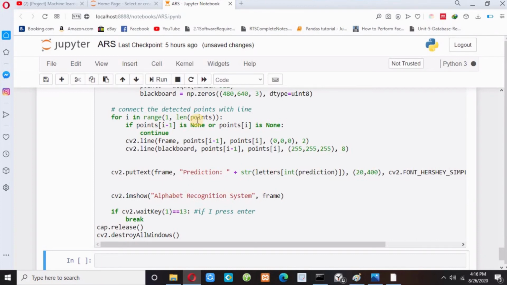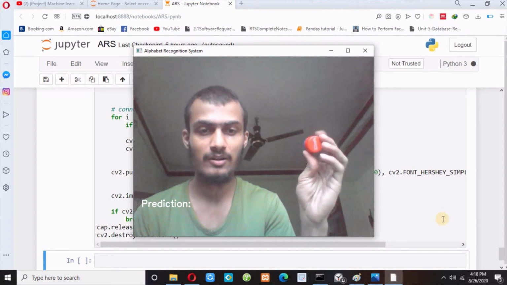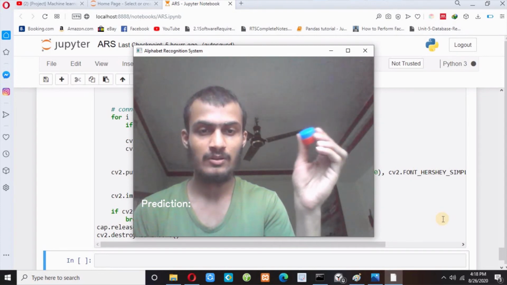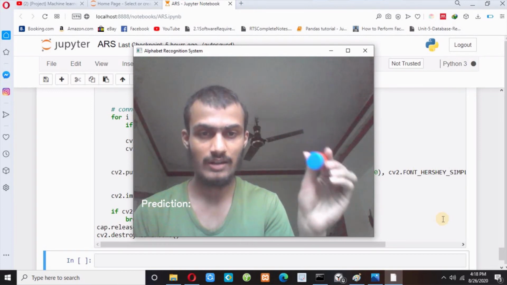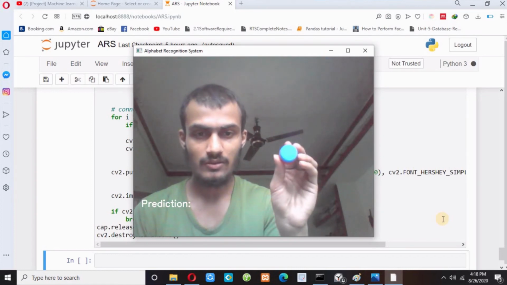And guys, one thing, you don't need a high quality camera in this project. It will predict well in a very low quality image also. And guys, you should not have any other blue color object. So guys, close your window and make your room a little bit dark, so that it will predict very efficiently. So guys, now I am here, so let me predict my letter. So it is not writing something, so I have done something wrong, guys. So let me press enter.